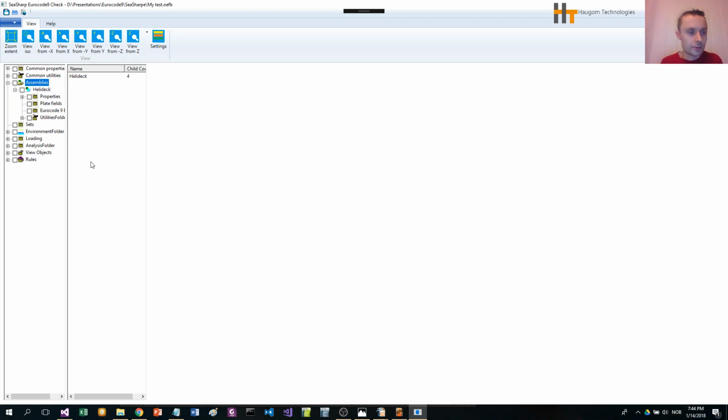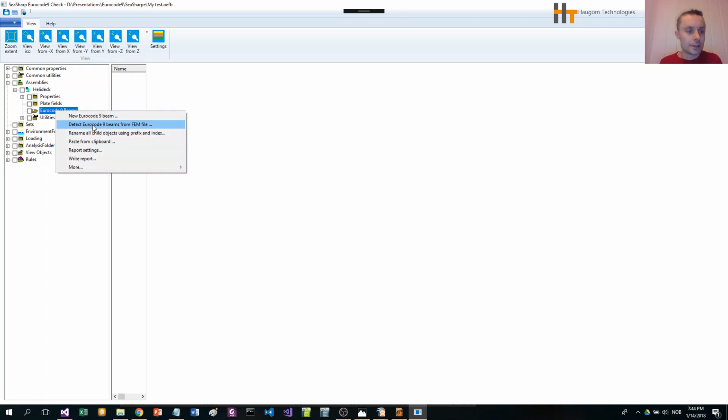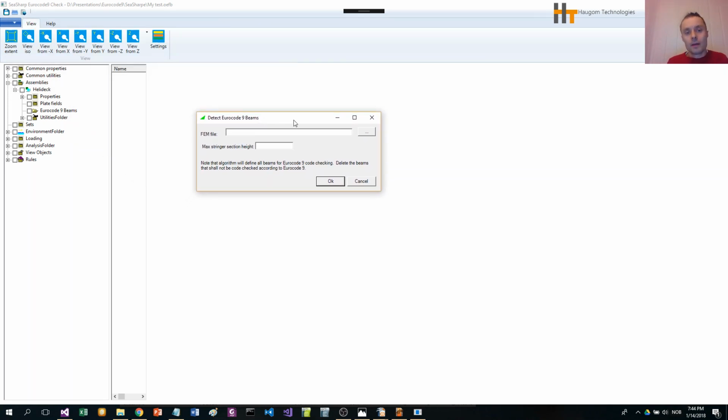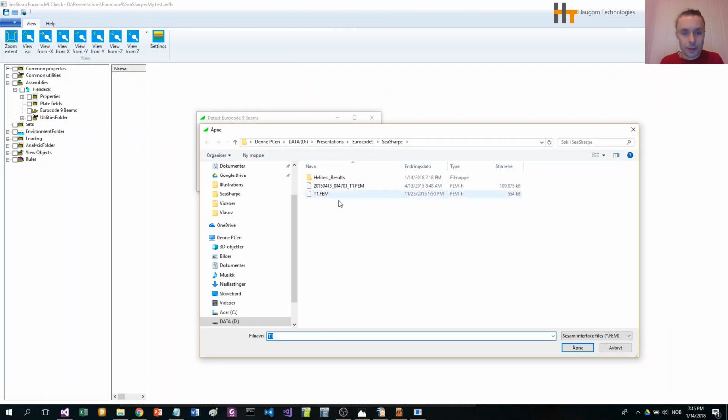Then we go into the Eurocode9 beams folder and we say detect Eurocode9 beams from FEM file. And what we will do now is to read in the beams defined in a Genie SeaSharp beam model. And then we just select the FEM file,